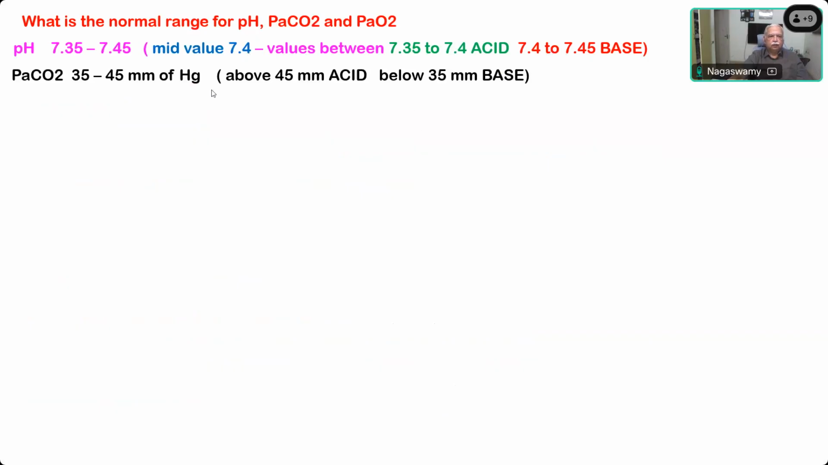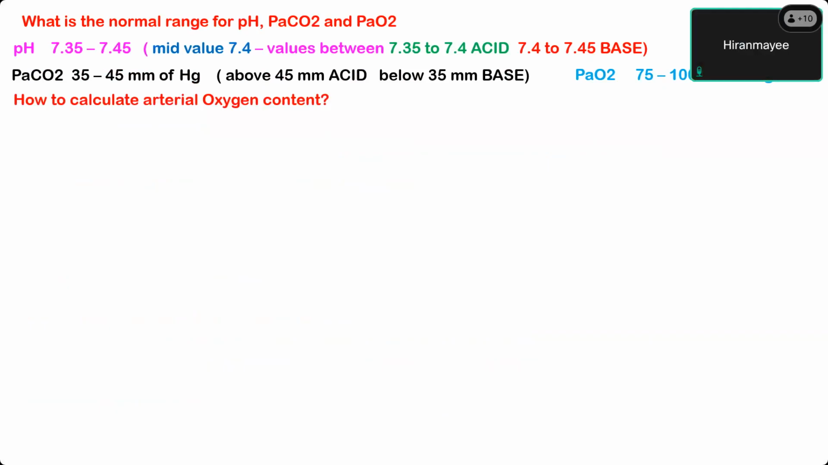And PaCO2, of course, you know, 35 to 45. Above 45 it is acidic and below 35 it is basic. And PaO2 75 to 100. So how to calculate the arterial oxygen content? It is a sum of the dissolved oxygen and that which is bound to hemoglobin, sir. So what is the formula? 1.33 into